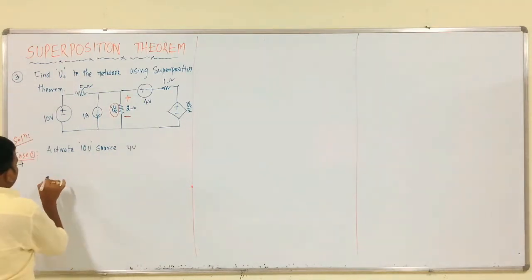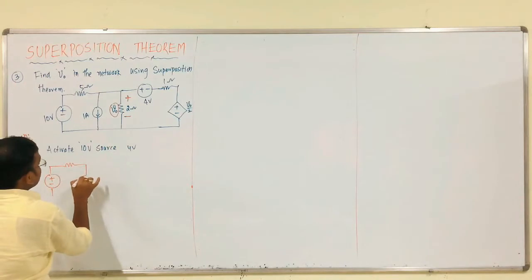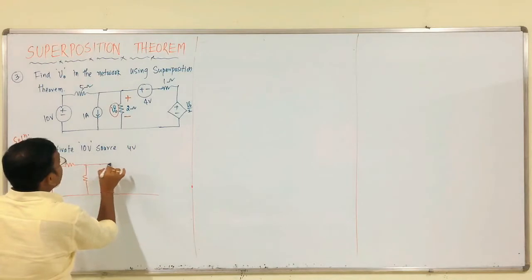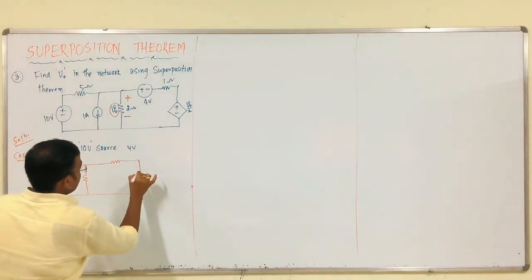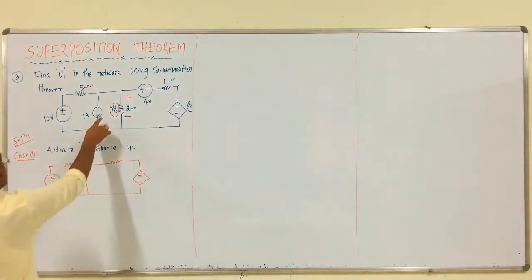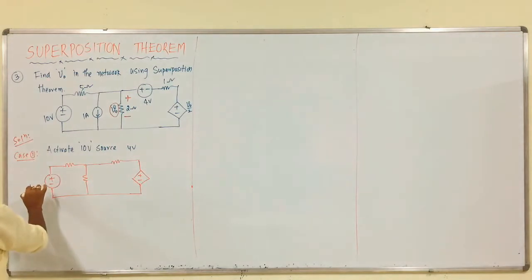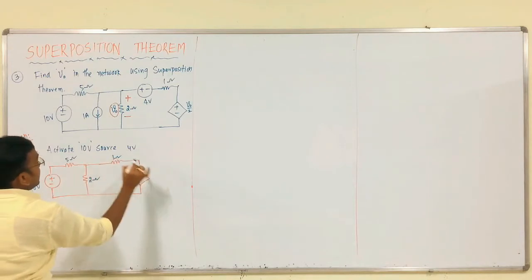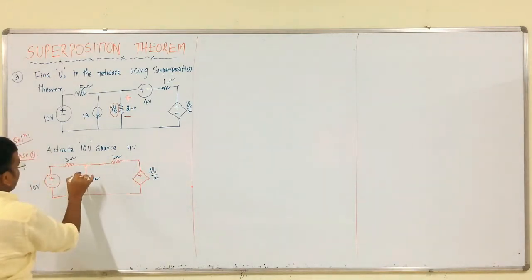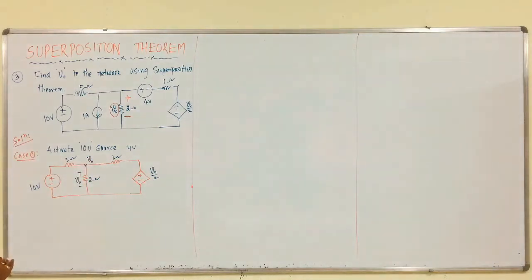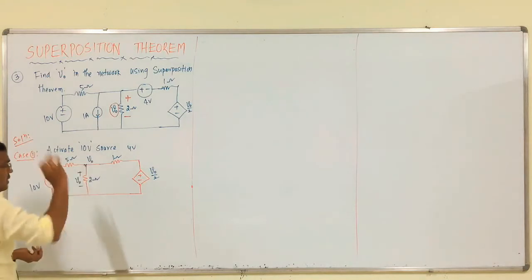Therefore, the circuit becomes plus minus. This is open circuited, so this is 2. This is short circuited, only we have 1, plus minus. This is the circuit, right? So, this and this one are deactivated. This is 10 volts, this is 5, this is 2, this is 1, this is V naught by 2. From this we have to calculate V naught. This is the voltage at this point, that is nothing but V naught.